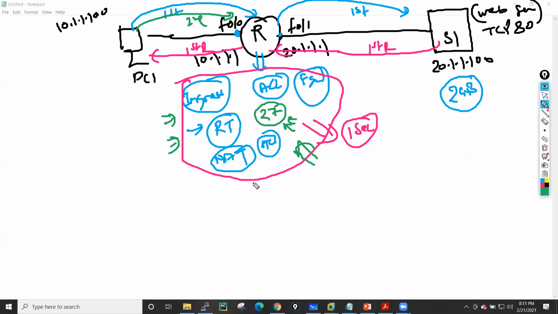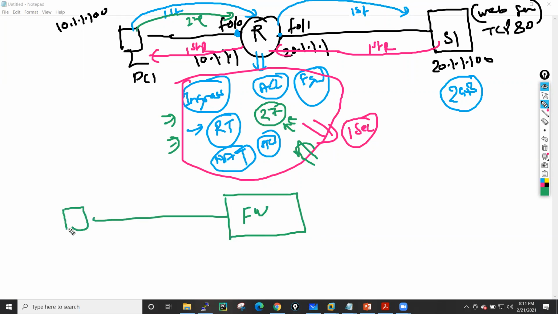Okay, now let's take an example of a firewall. Let's suppose we have a firewall here. Behind this, we have the same PC, PC1, with the same IP address 10.1.1.100. This is the firewall's first interface. The firewall has another interface, Ethernet 1/2.